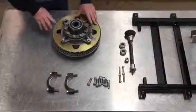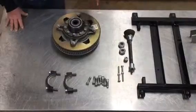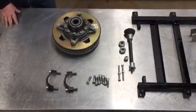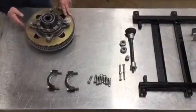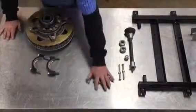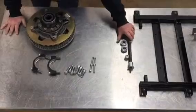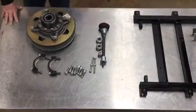What we're going to do today is convert a solid axle three-wheeler, specifically the Tri-Glide. We're going to use a lot of the Tri-Glide components in the unit that we're going to build. One of the components is going to be the differential, along with its spring gear and its pulley, along with the clamps that hold it in place, the axle and stud nuts that hold the wheel on, the belt adjusting screws,